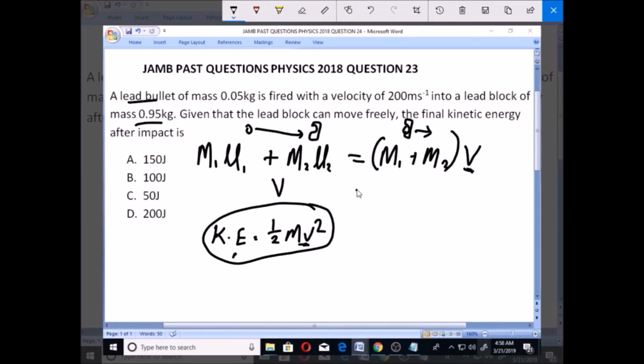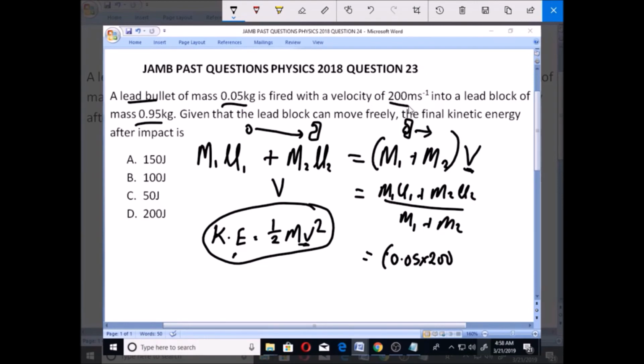We have v to be equal to m1 u1 plus m2 u2 all over m1 plus m2. So that is v. With that we can say that our v is equal to m1, which is 0.05, times u1, which is 200. We are given the initial mass as 0.05, and this is the initial velocity for that. Then plus m2, which is 0.09, this is our m2 here, 0.09 times